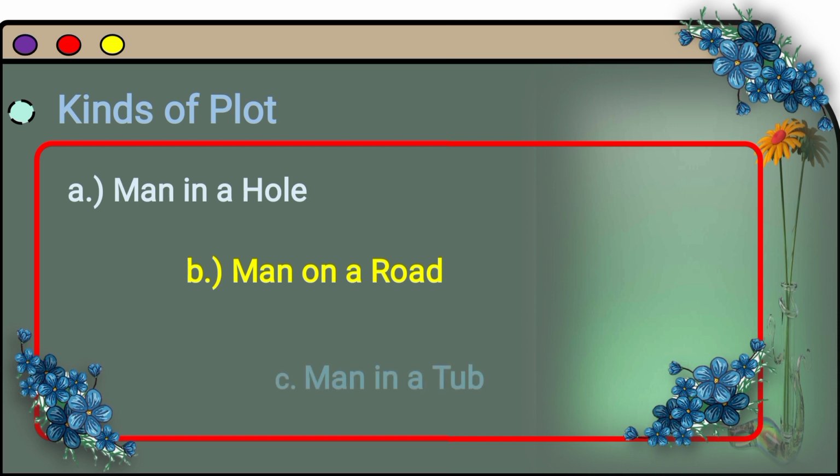Next is Man in a Tub. Landy and others explain this kind of plot by giving a story of the Greek mathematician Archimedes, who was once asked to determine whether a crown belonging to a ruler was made of pure gold. For some weeks, he puzzled about the problem, but without success. He knew that silver weighs less than gold, but how could he measure any silver the crown might contain without destroying the crown? Still baffled, he went one day to the bathroom, and as he stepped into a tub,